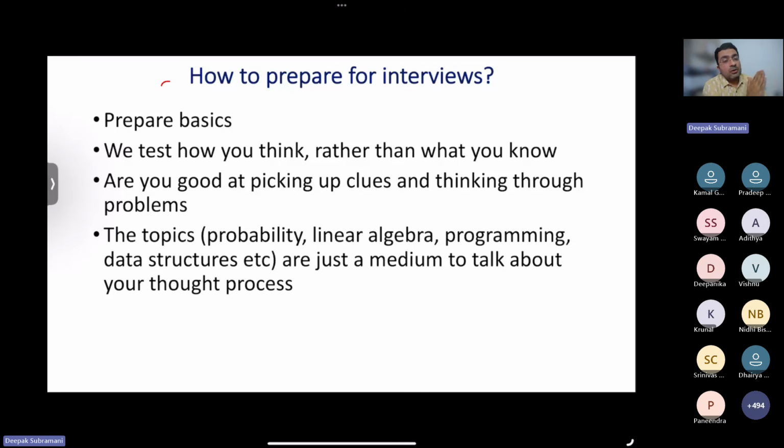We are interested to know how you respond to questions under pressure and something that is thrown at you randomly, from out of nowhere. And if you are able to hold tight and answer that logically, think through steps, your chances will be very high. And this is what we expect research students to know. So please do prepare in that direction.